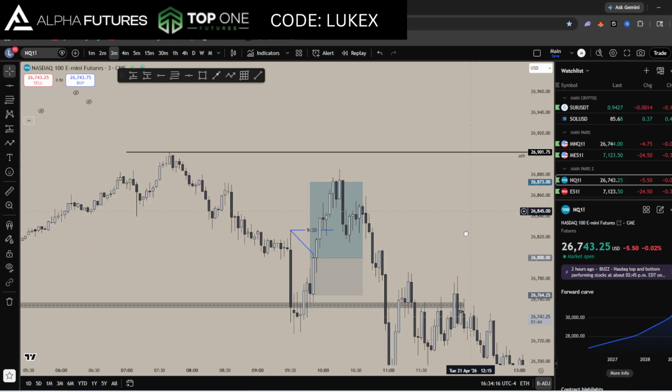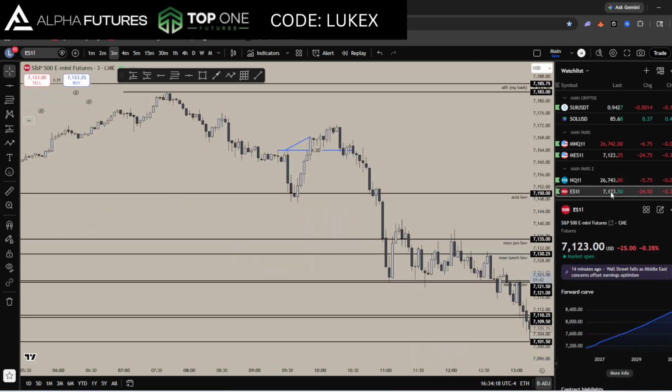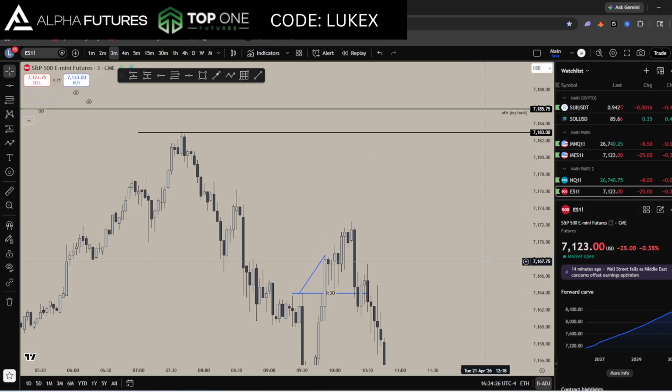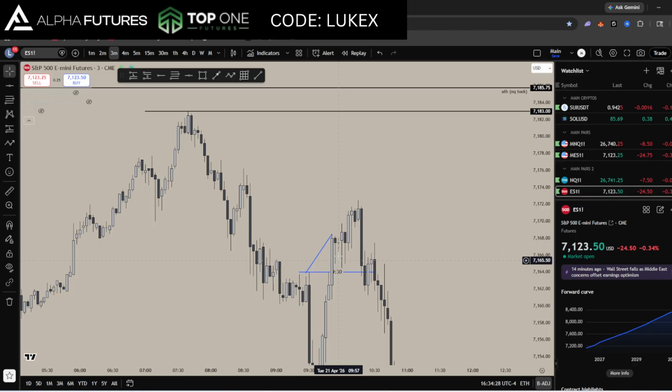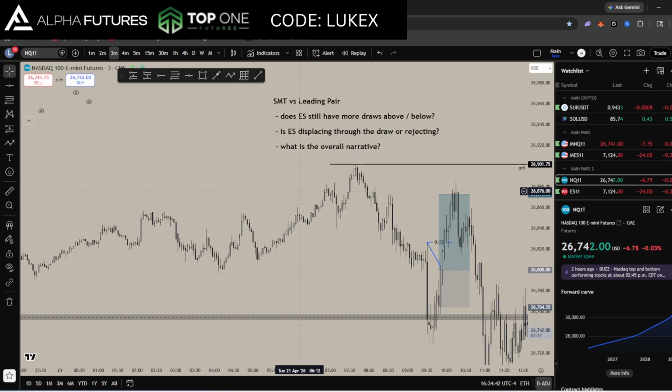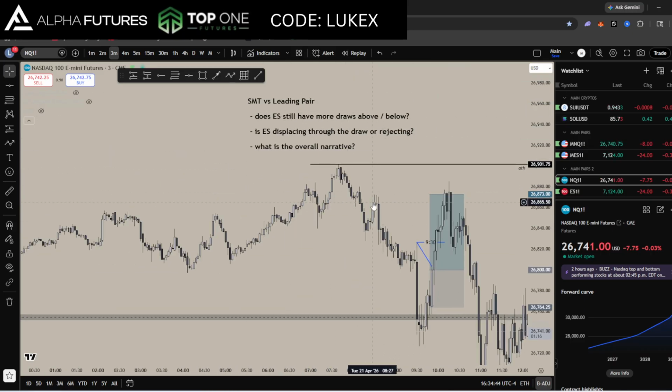And then NQ became the leading index actually here, which is weird. And then price ends up dumping off there. But as you could see, even though ES didn't fully deliver where it normally would have, it continued to reject to the downside, and continued to show bullish strength. That's the most important detail. It continued to show bullish strength with all these wicks. We got a little bit of a push higher, which allowed us to get to our TP on NQ, and then price reversed. So the main message here, okay,